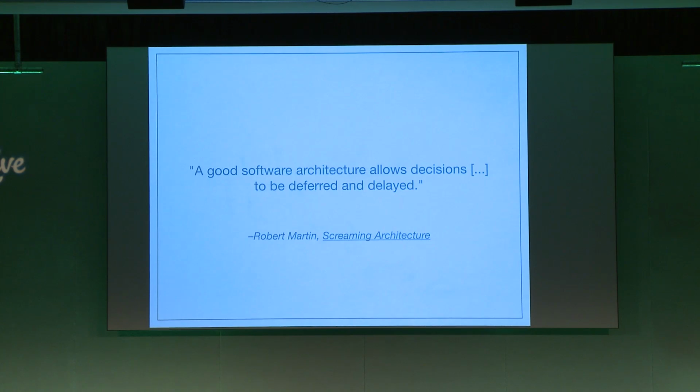So what you can do is write all these acceptance tests for your application layer, which also calls your domain layer, but then maybe run just a couple of tests again with the entire infrastructure layer, or maybe still just a part of it, but as much as possible. And this is what Robert Martin as well describes as a good software architecture, because it allows decisions to be deferred and delayed. So if you're not sure whether or not you're going to use a relational database or an object database